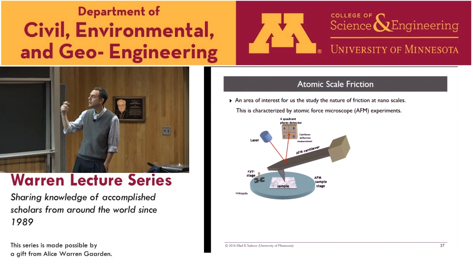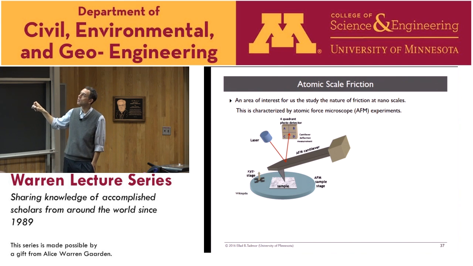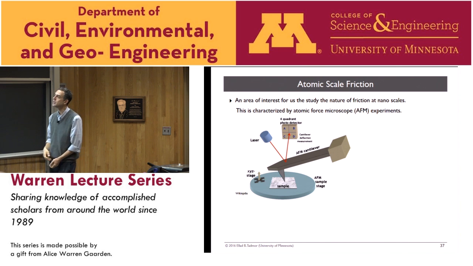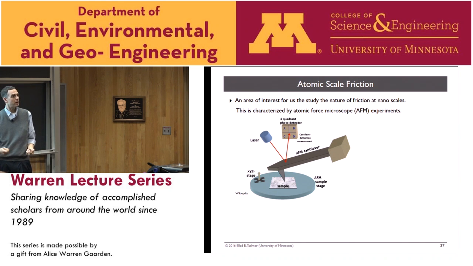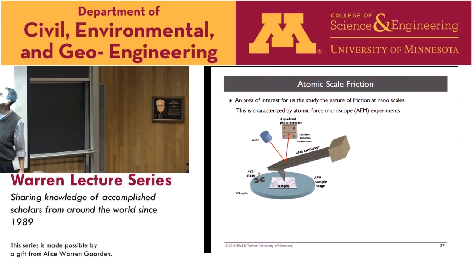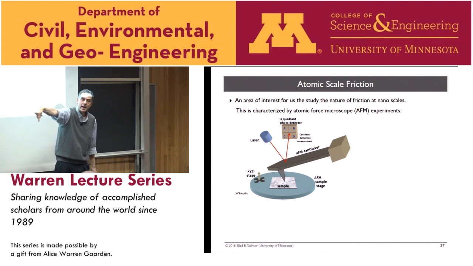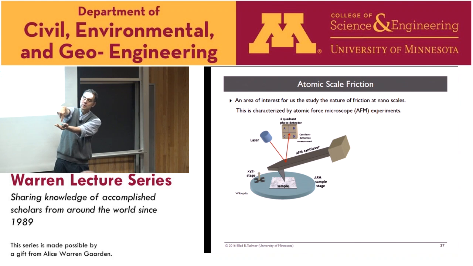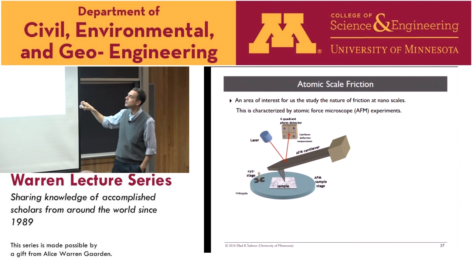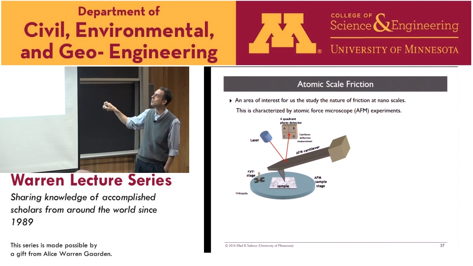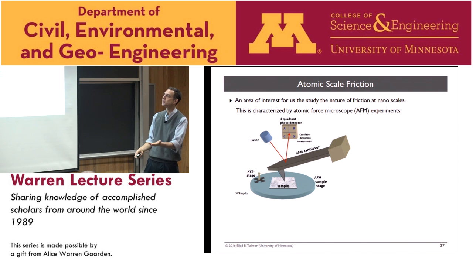So here's another example of the things we're interested in. We're interested in friction, and we'd like to simulate friction at the atomic scale. A way that this is often done is with an AFM, an atomic force microscope. You have a little cantilever beam, and it has a little stylus at the end like this, and then you drag it on the surface. Really, actually, you tend to drag the surface underneath it. But anyway, you're pulling the stylus on top of the sample, and you're measuring the load and the forces, and that tells you a lot about the behavior of friction. And we'd like to understand and simulate that.